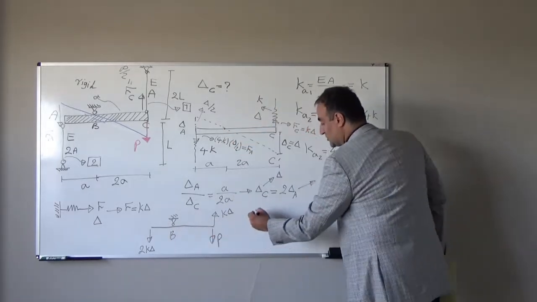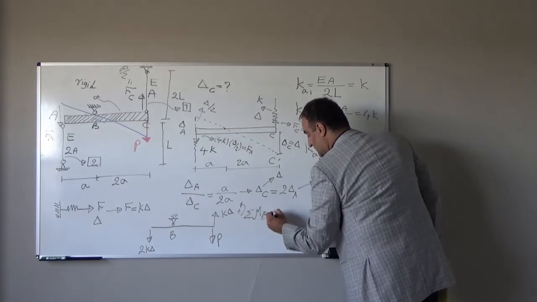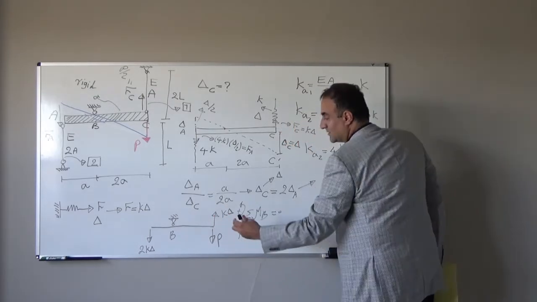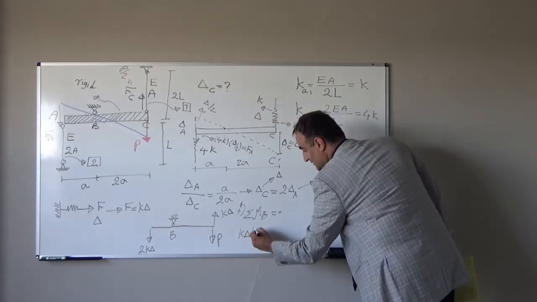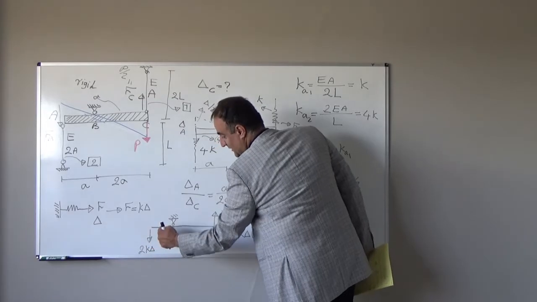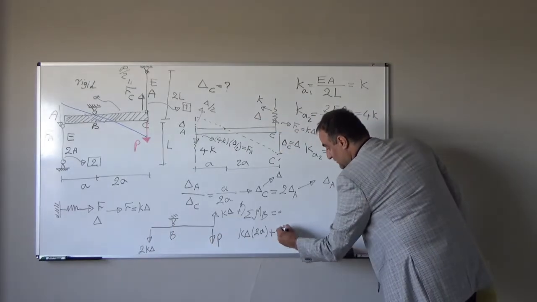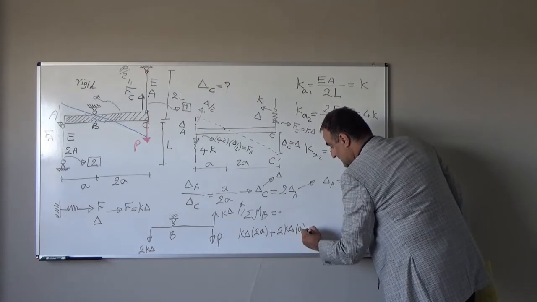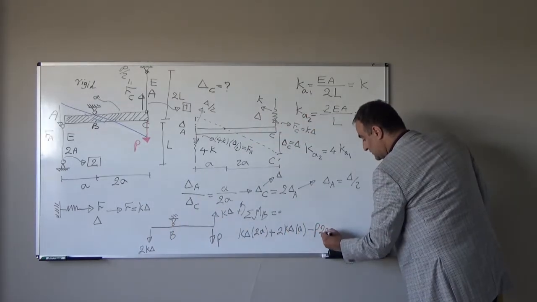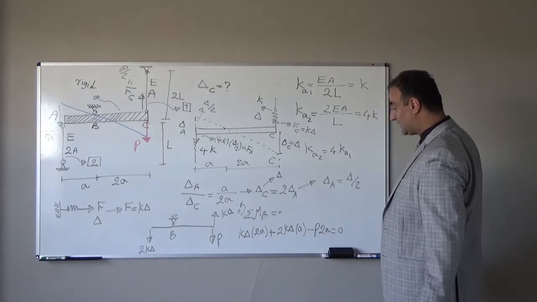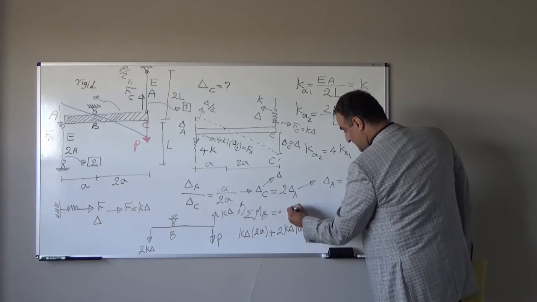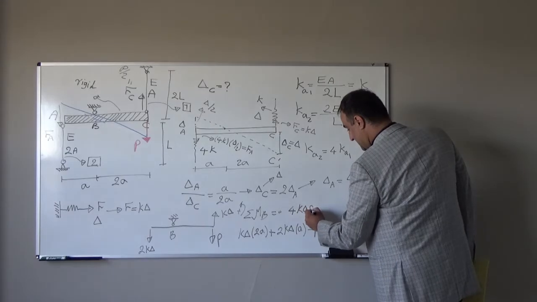If I write summation of moment with respect to point B equal to 0, what do I have? I have this force which is Fc. Fc is K delta times the distance from here to here, which is 2A, plus force here, Fa, which is 2K delta, times the distance from here to here, which is A, so it will be 2K delta times A, minus external load times the distance from here to here, which is P times again 2A, is equal to 0. From here, what do we have? This is 2K delta A, 2K delta A, it will be 4K delta A equal to